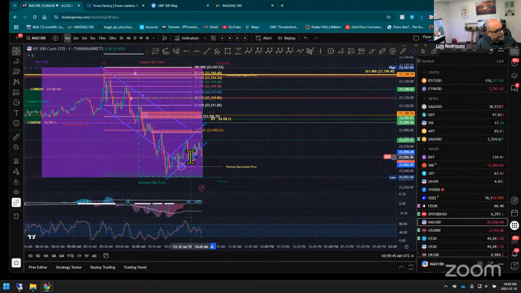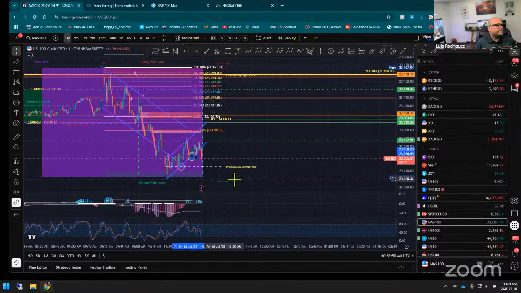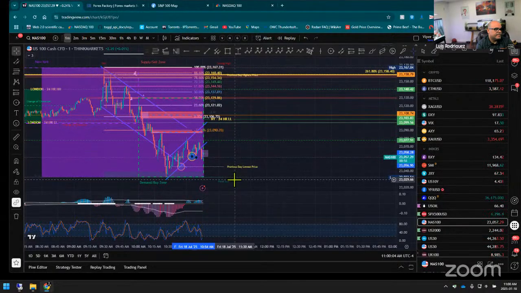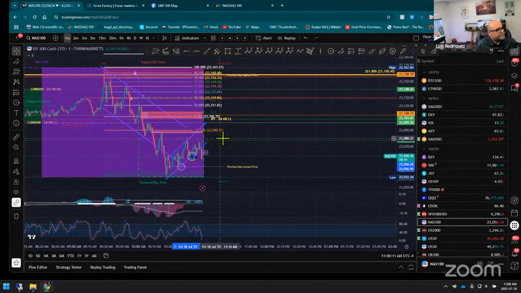So liquidity is sitting there. There's going to be a reaction. Liquidity is sitting here. It's going to be another reaction, right? See what I mean, Jelly Bean? See how the market comes to the area that I mentioned, reaction, pushing the market up. But there's a fair value gap here, an imbalance.